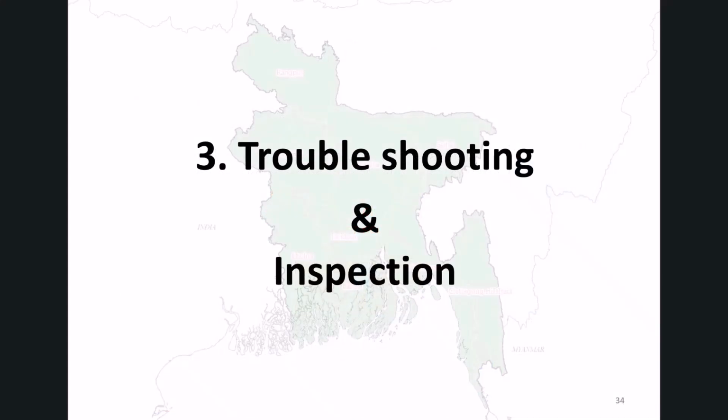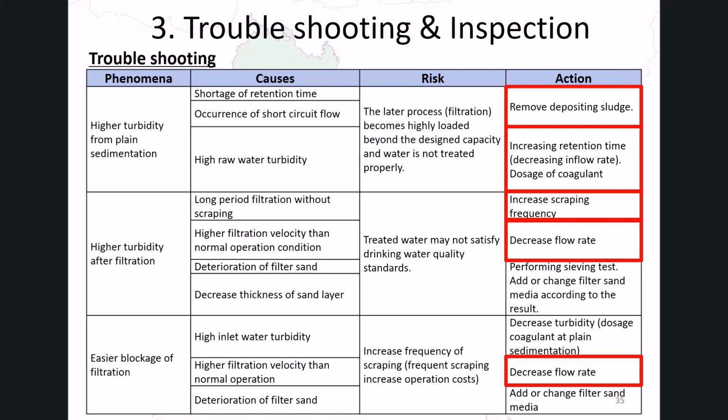The focus now moves to troubleshooting and inspection. Even with proper understanding of each treatment unit, problems will occur in daily operation. A troubleshooting table is presented in the manual. This table shows how to use all the knowledge explained earlier when an actual problem appears in the plant. Up to this point, each unit process was explained separately together with confirmation points and control measures, which link observable phenomena with possible causes and required actions.